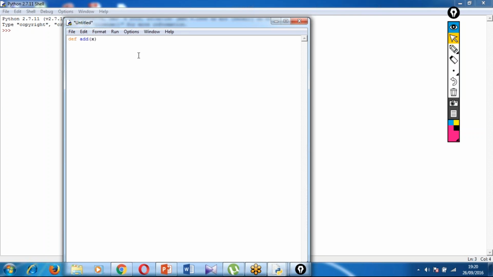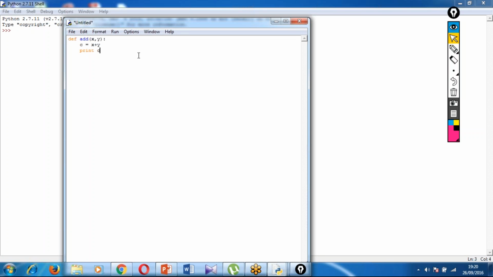For addition, if I want to add two numbers, then we need two parameters, right? So I will define two arguments at this point, x and y, and I will store the result. I will just add the two parameters, x plus y, as c. Then I will just print c. Got the point? So till now